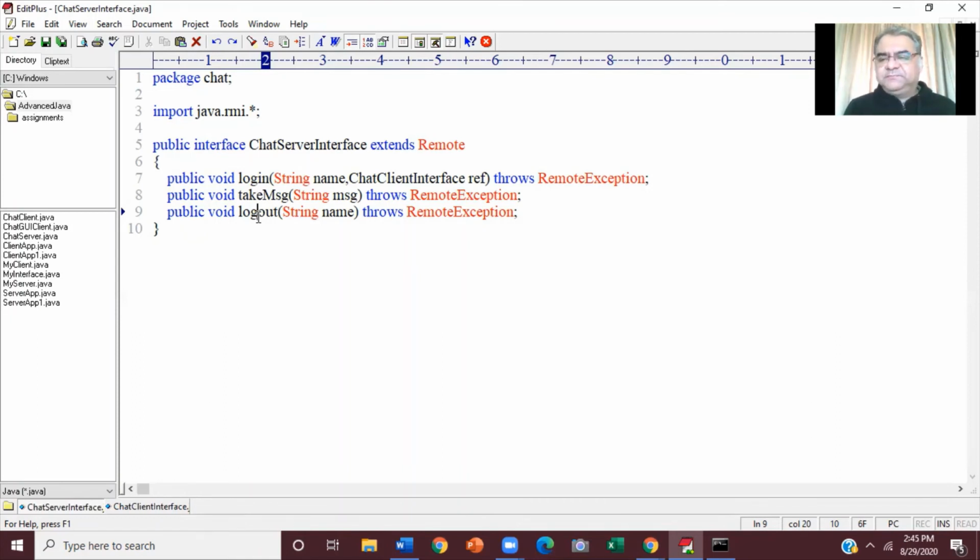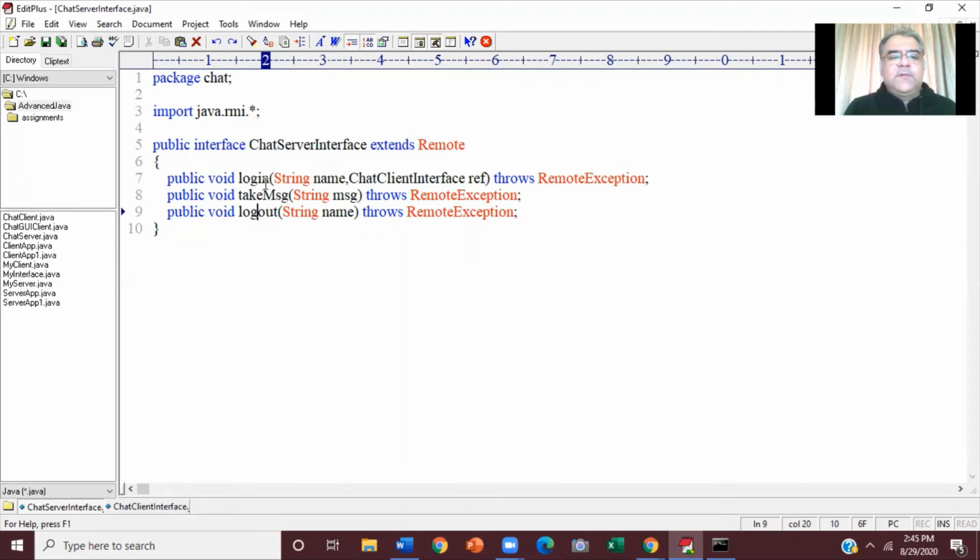Not a good idea. What we will do, this parsing code, we'll write it in a separate method. In the server, we'll give a separate method, let's say broadcast message. There is where we are going to write that parsing code. And from all 3 methods, we are going to call that broadcast message method. Okay. I hope you got it.